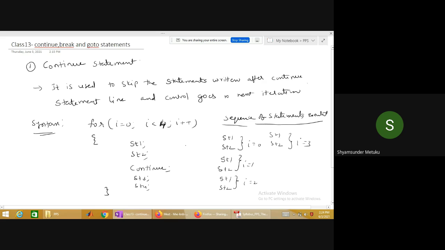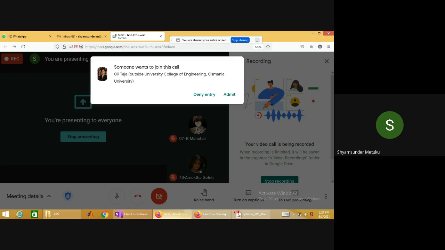Now, all of you tell me, is there any use of writing continue like this? Can I write this way? Is it a meaningful way of writing a continue statement, to skip 3 and 4 every time and only execute 1 and 2? Instead of that, we can simply remove these 3 lines also, no? Yes or not? Yes, sir. Removing these 3 lines or writing as it is, there is no effect, right? The output will be the same. Statement 1, 2, 1, 2, 1, 2, 1, 2 will be executed 4 times. Is it not?